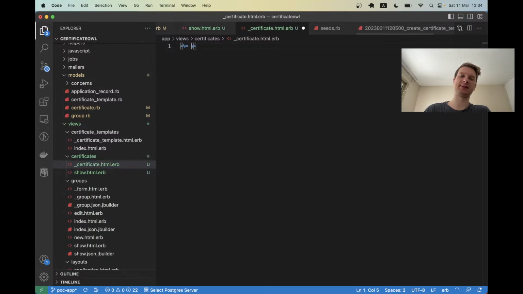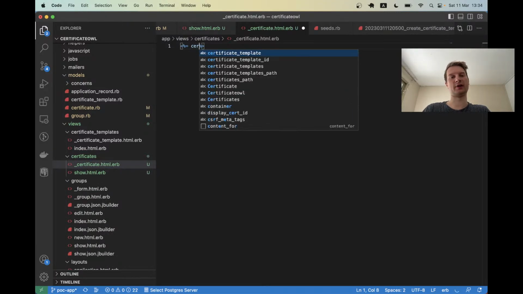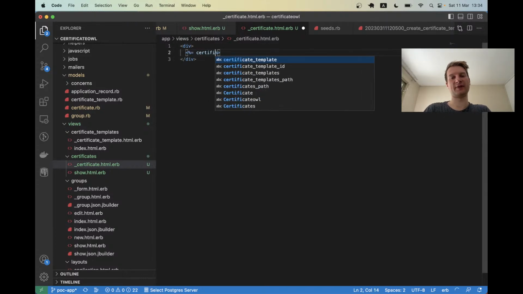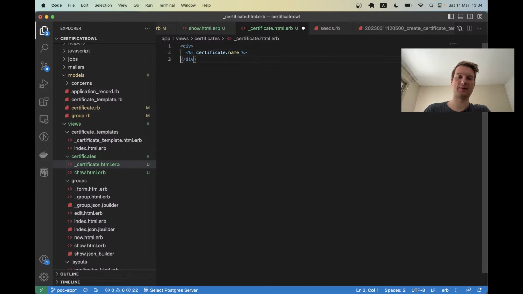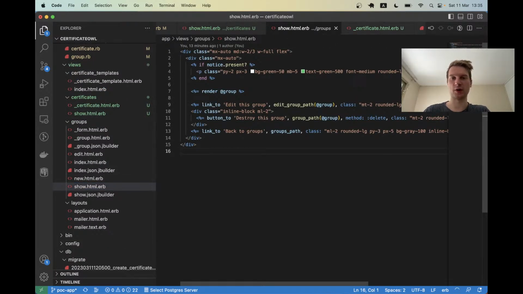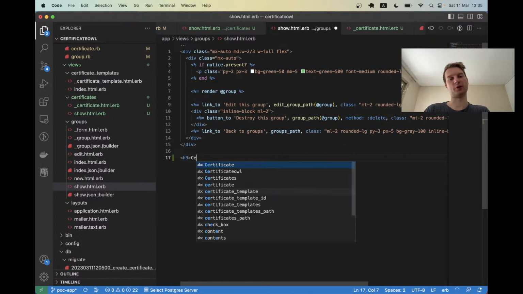certificate.html.erb, and let's say add certificate. Yeah, let's add some kind of div on the beginning and on the end, and we'll have equals certificate dot name. Then we'll have email and modifications. And let's display this list of certificates inside our event or group. Yeah, so inside the group show we'll have something like an h3 or whatever, certificates,